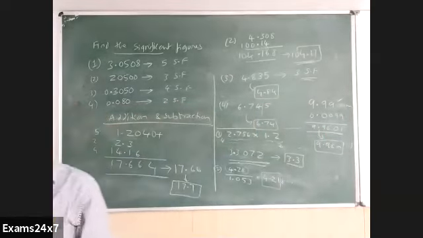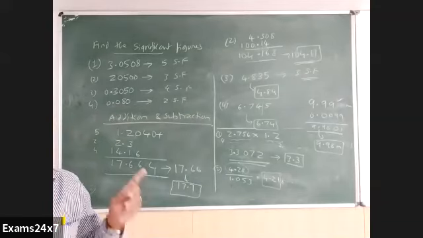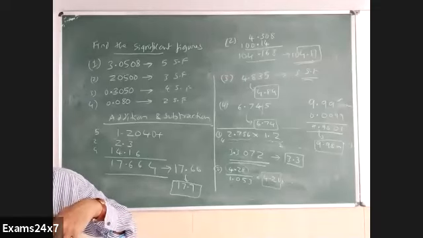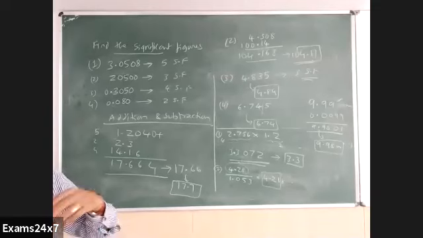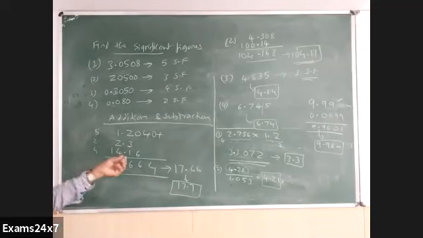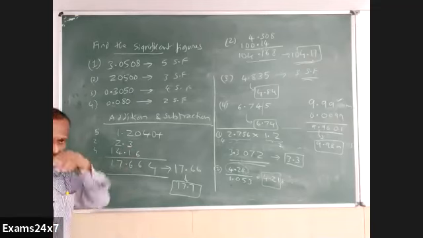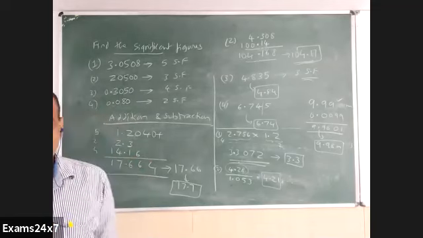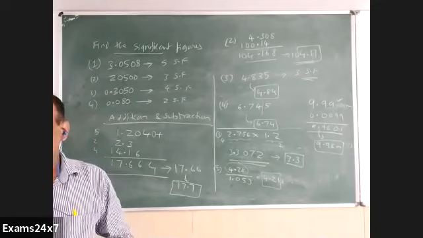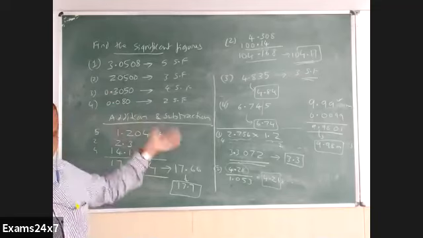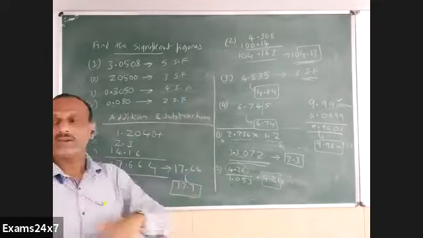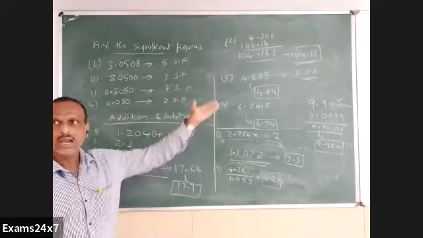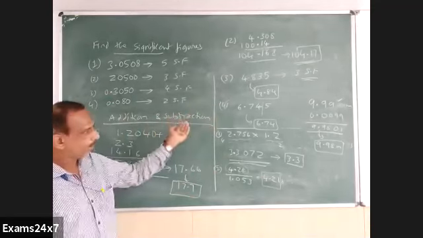So both questions asked are so simple on this topic. Earlier, I don't remember any time they asked 2 questions on this chapter. One question was asked many times, but 2 were asked, and they were very simple questions this time in the 2020 paper on units and dimensions. So that is about units, dimensions, errors, significant figures, rounding off numbers, and some rules in the final presentation of answers. For multiplication and division, one particular rule; for addition and subtraction, a different rule. Keep in mind all these things.